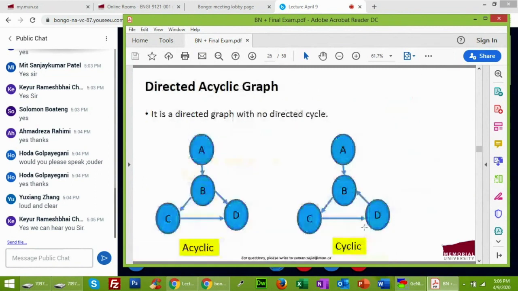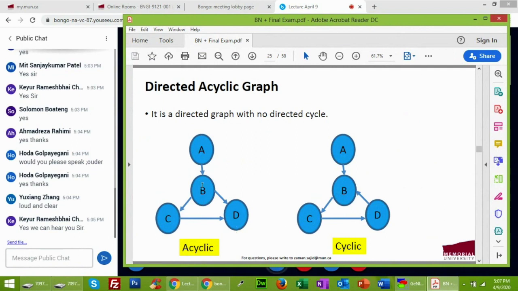Now let's come back to what is acyclic or cyclic. If you have this element, A is going into the B, B is coming to the C and the D, and C is going into the D. And there is another situation where we have A going to the B, B going to the C, C going to D, and the D coming back to the B. If you see here, this is called cyclic. There is a cycle here. That information is going from B to C, C to D, then coming back to B.